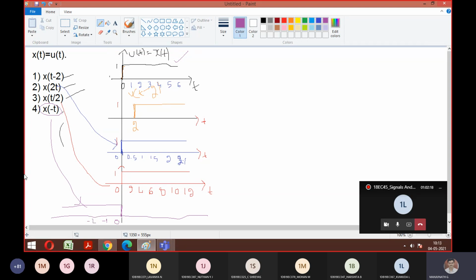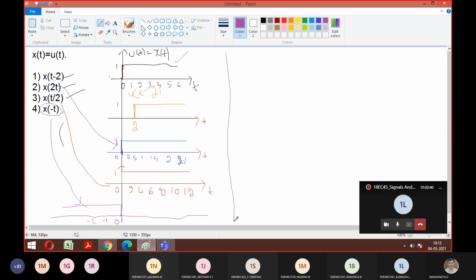Any difficulties to anyone? It looked like very simple, right? You're going to get 8 marks for this. That's why you need to be very careful while dealing with the signals subject. If you know how to do the things, it looks simple. Any doubts with this? Is it okay till here?